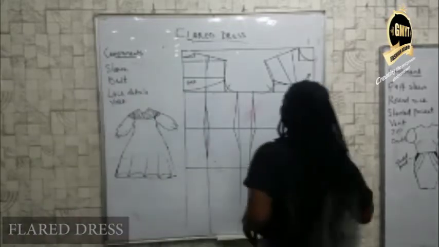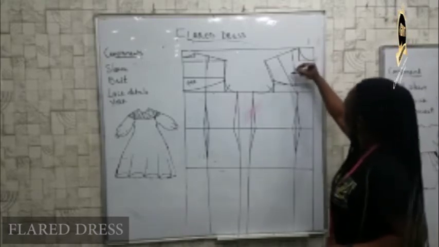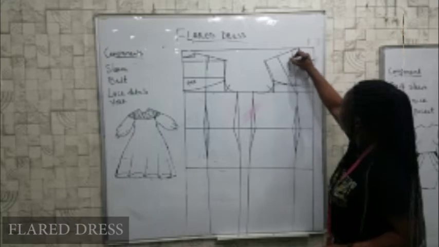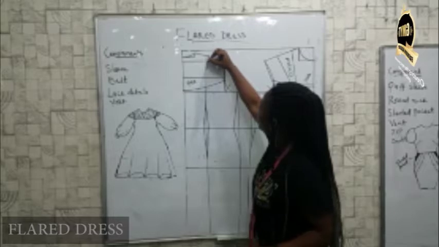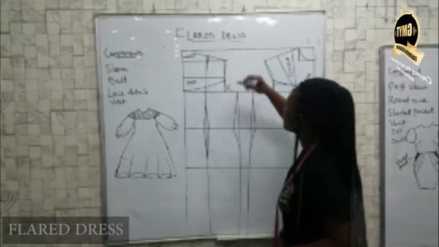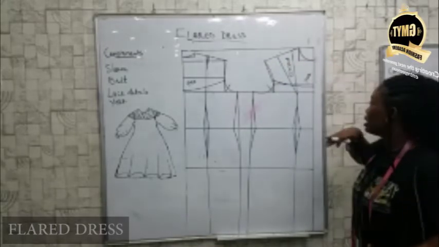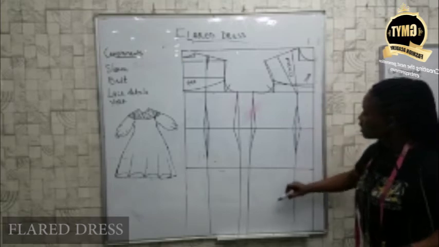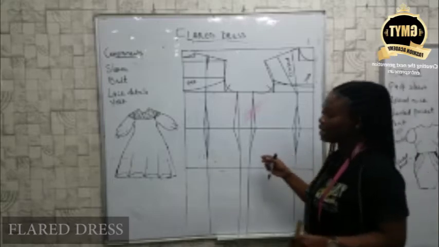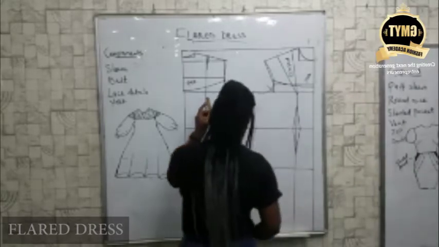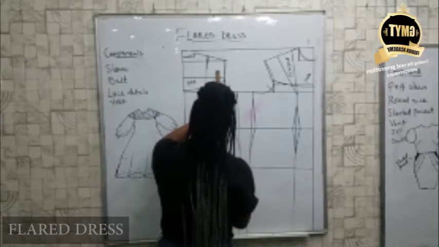Okay, so I hope you know that this dart has been closed. Closed. Then this one too, you close it. Closed. So now that I've closed the dart on my yoke pattern, the next thing to do is to create another slash line on the remaining bodies so that I can now spread it according to the fullness that I want. So I'm going to do one more slash line